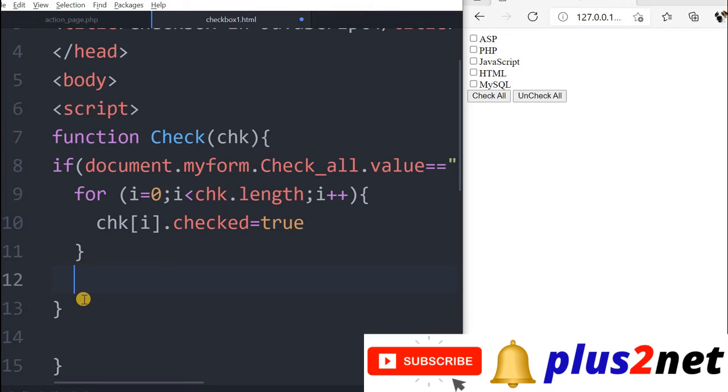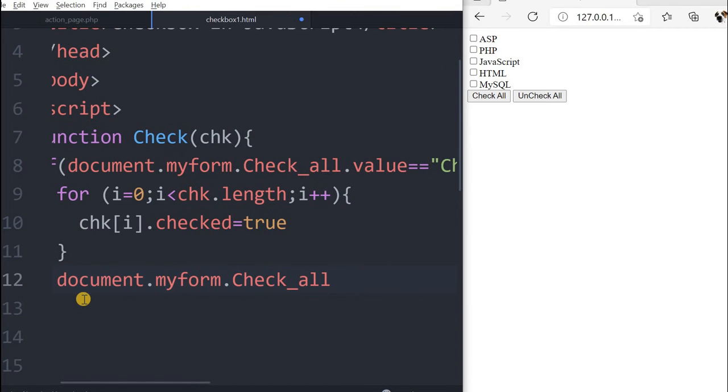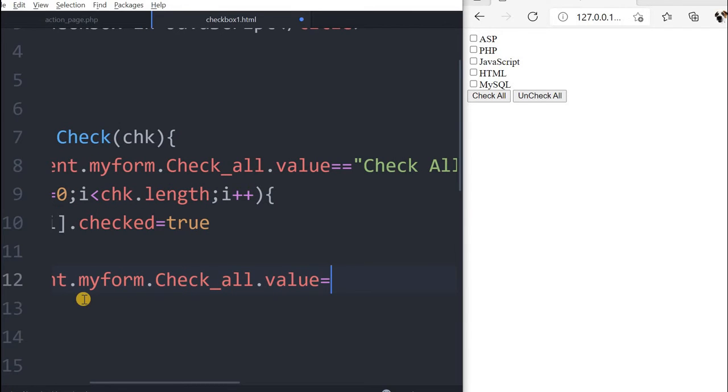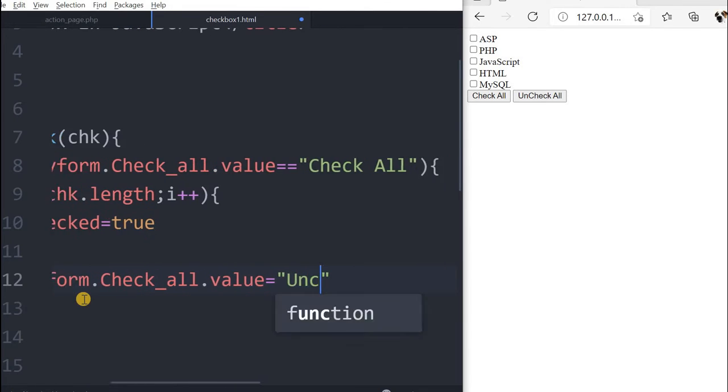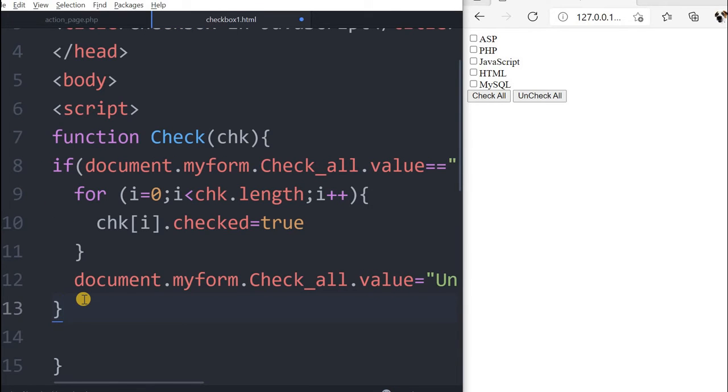This will happen, plus one more thing also. What you will do, if this is the case, now we'll change the name of it, document.myform.check_all is the button name, check all. Now we'll set the value equal to, we'll say uncheck all, because we want that name to be changed.